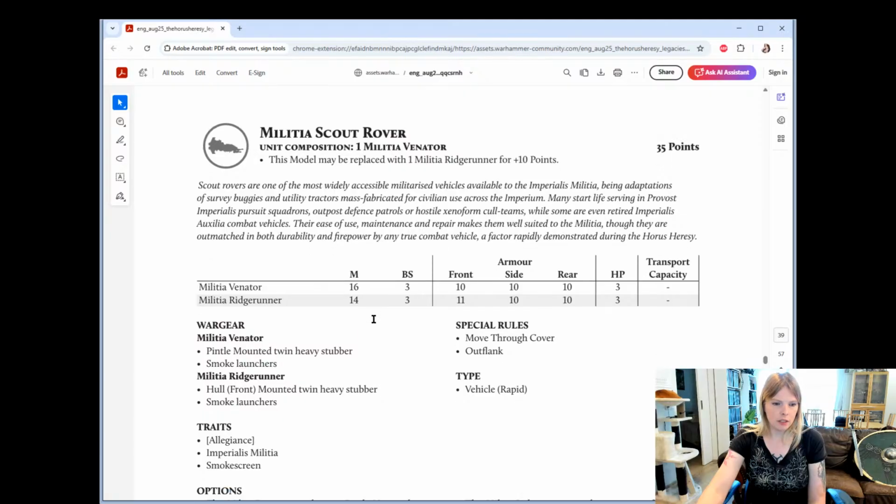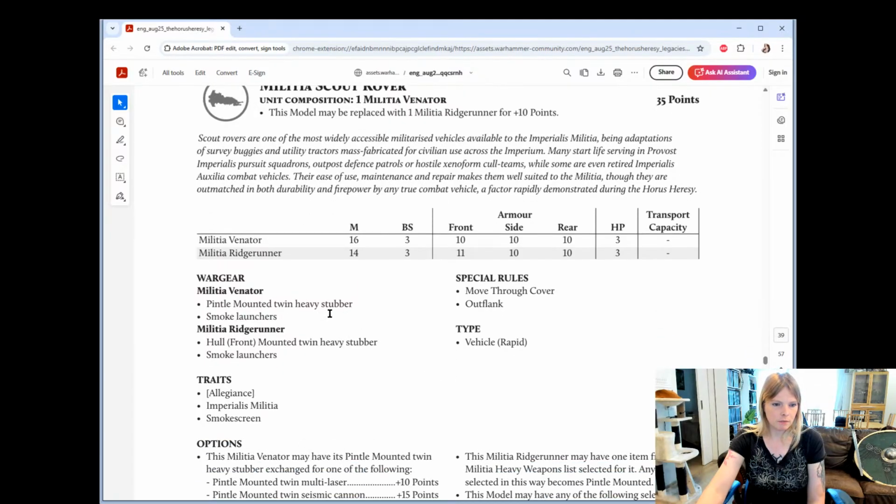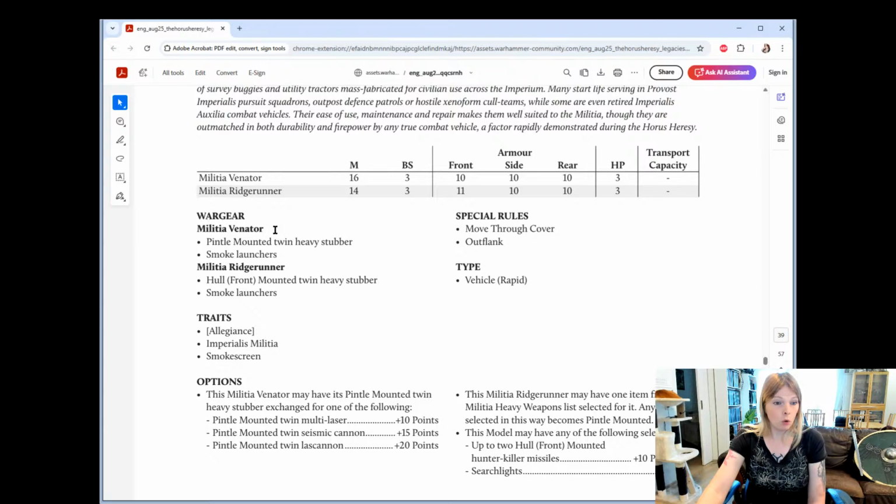Scouts. This looks like bikes. Oh, no, this is the Venator. Holy shit, they brought this thing back. This thing actually wasn't in the Militia in 2nd edition. They brought it back. Which makes sense because they remade it for Necromunda, and a lot of the Necromunda stuff is in this. Because they tried to make this as close to models that they make as possible, so that,